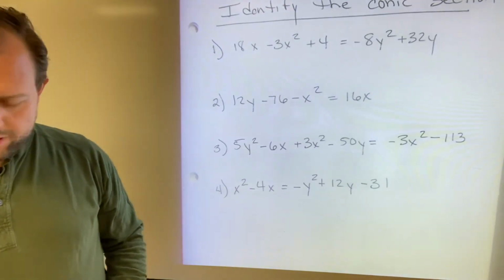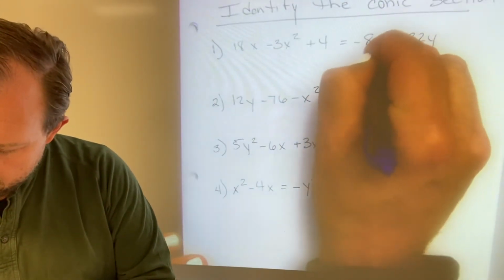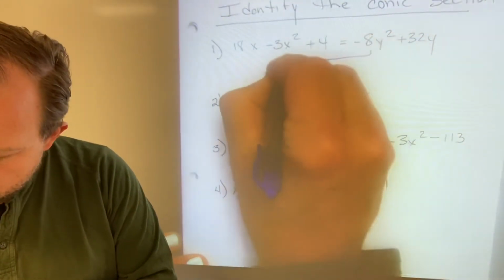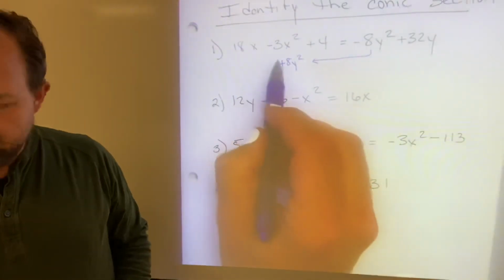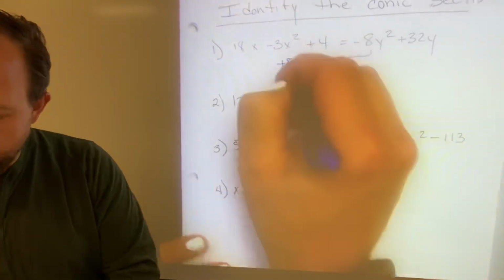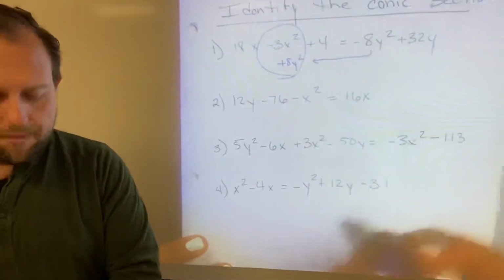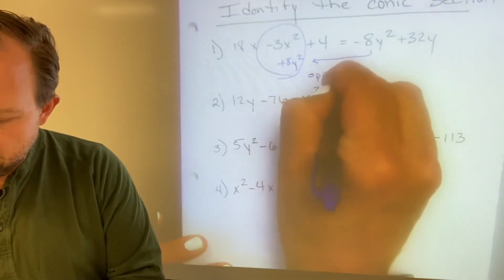For this first one, if I add 8y squared over to the left, I'm going to get a negative x squared term and a positive y squared term. Well, remember, anytime we had opposite